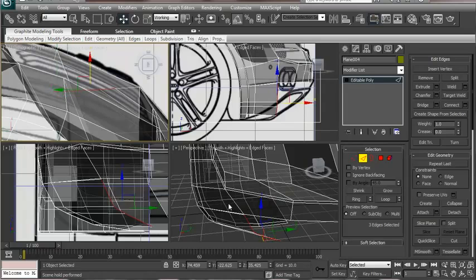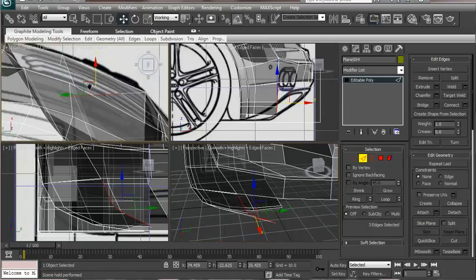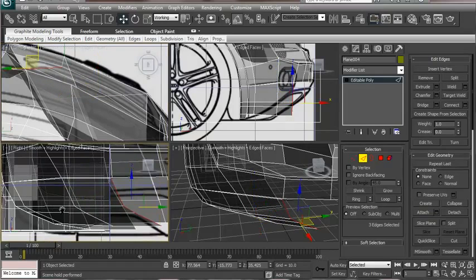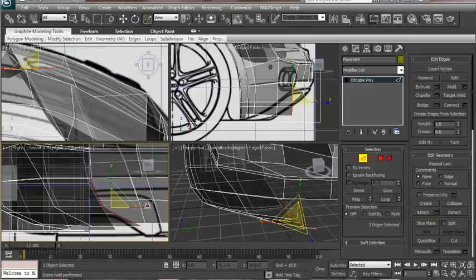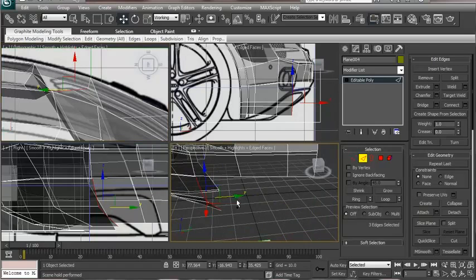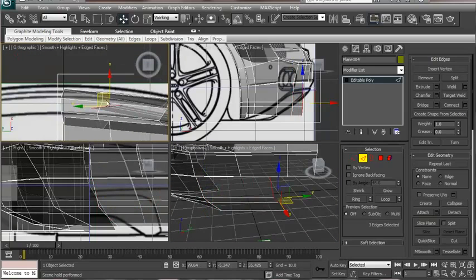And position it approximately over there. Extrude it again. Like that, and this time let's flatten it out just a bit. And make another extrusion. And this time let's take it all the way till the center,